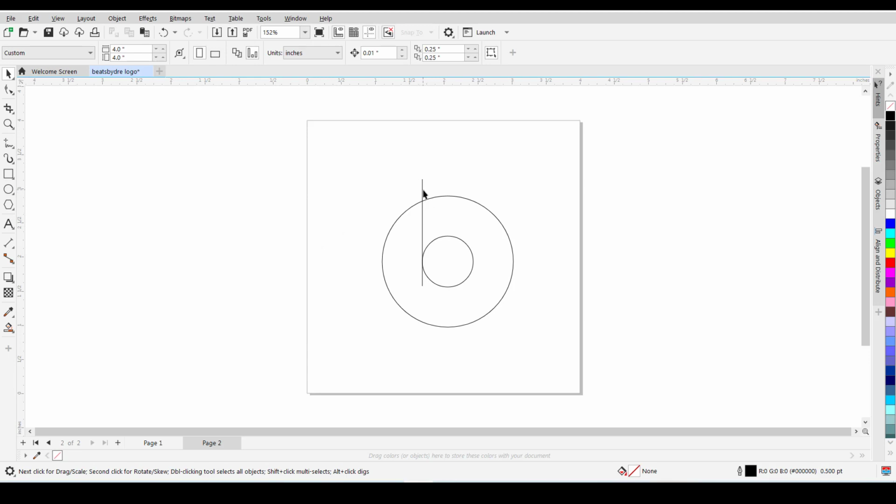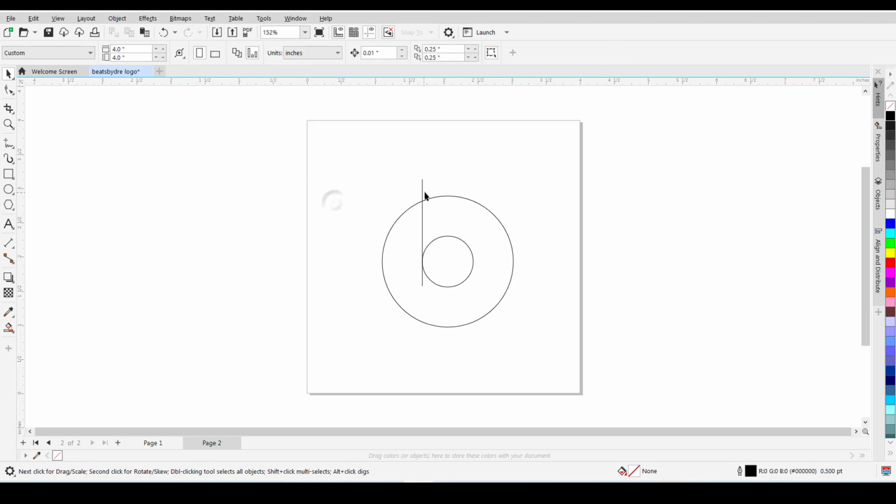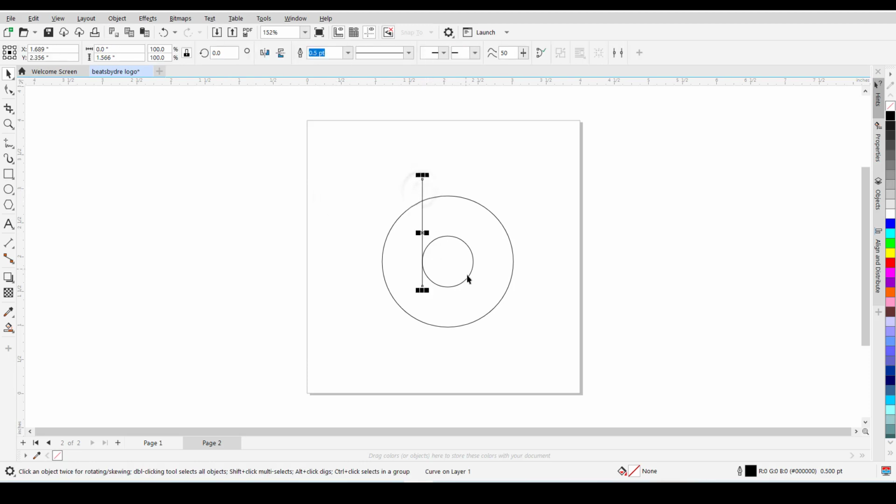So when you want to align in CorelDRAW, the object you select first is the one you're aligning. So when you select it first and hold shift and select another object, you're actually aligning it to the other object you selected. So take note of that. So I've aligned the line, this vertical line, to the left edge of this circle, right? But you can see it's still jutting out very, very badly. We don't want this. We want it to end somewhere around the center so it doesn't extend, because the logo,